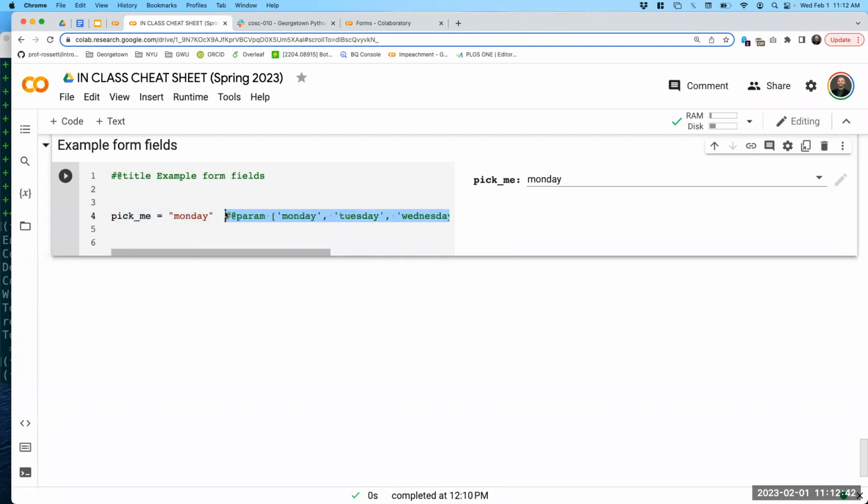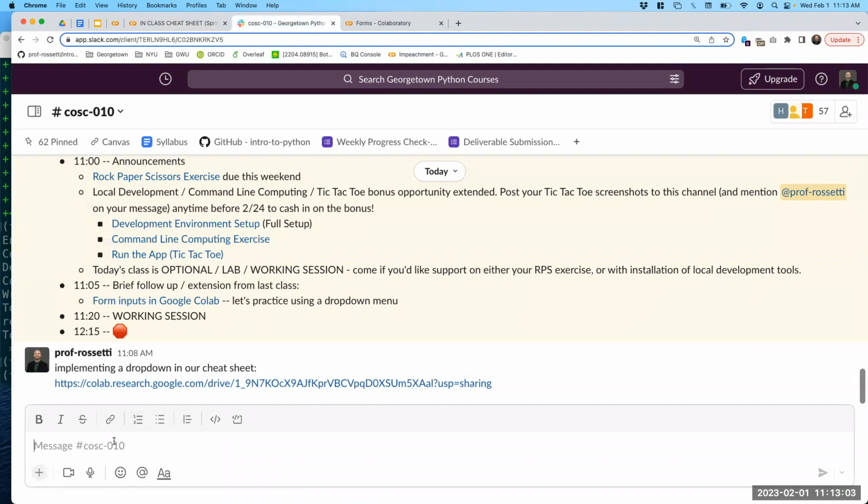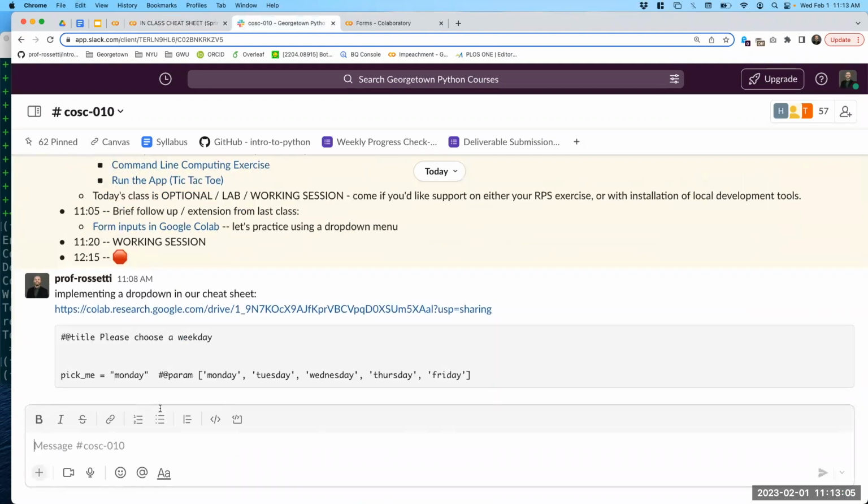We're denoting them in some kind of list, but it's all happening in a comment character. So the syntax here is specific and important. So maybe we'll say, please choose a weekday. And now this would be a valid form input in Colab. So after we've set up the form, the drop-down menu,